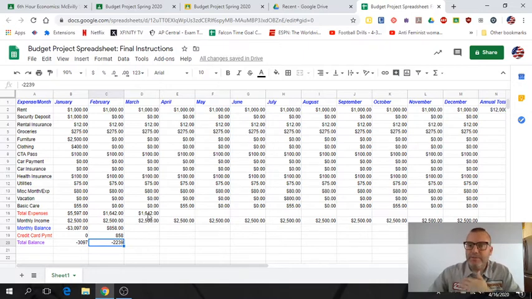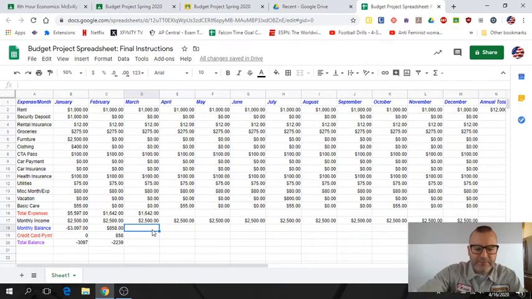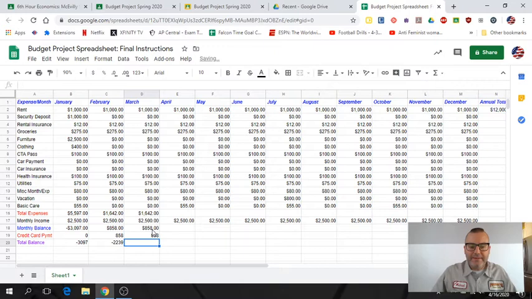Okay, and again, your total expenses will change. In my example, I kept my miscellaneous expenses the same. Yours will change. But at the end of this third month, I would have another $858 left over. I'd make another $858 credit card payment. All right, that would take my balance from $2,239, subtract $800 from that. That takes me down to about $1,400 in the hole.